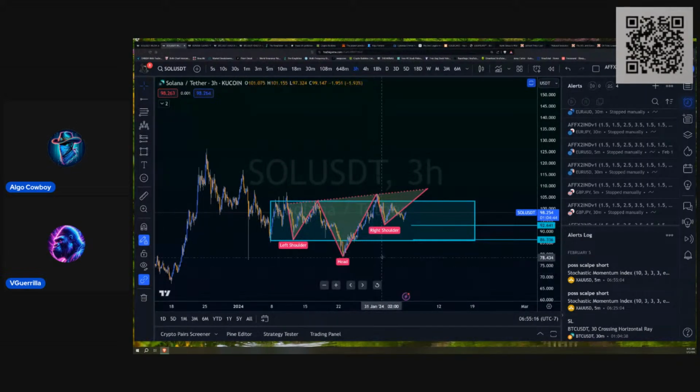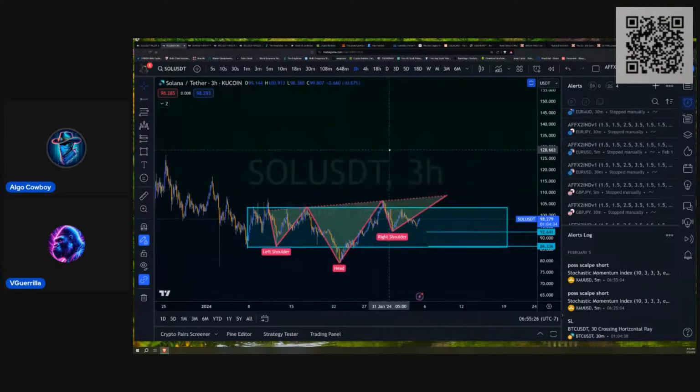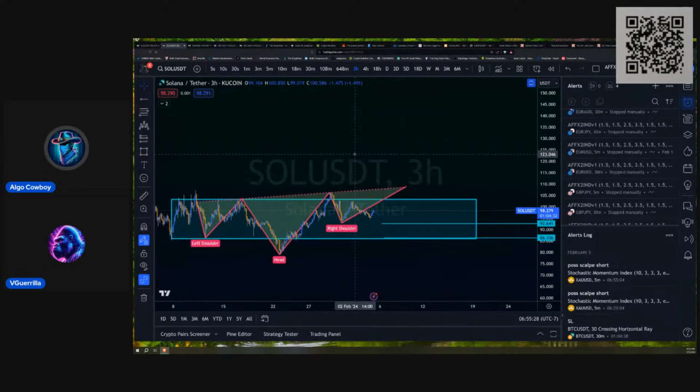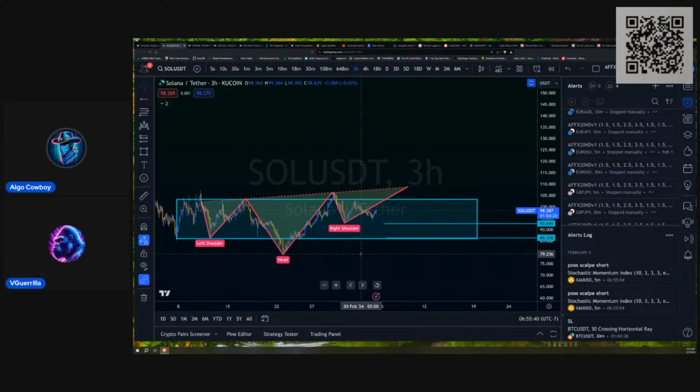Live trading show. So anyway, that's Solana right now. It's range bound, and I would say it'll probably reject and head down and grab some of this liquidity before it does anything. But this is a 3-hour chart. You're looking at setups that go for days on trades. I hope that gives you an idea what's going on. Crypto is range bound at the moment, and it's going to be range bound for probably a moment. When it breaks out, it breaks out.